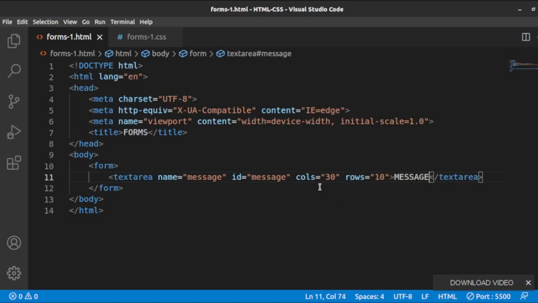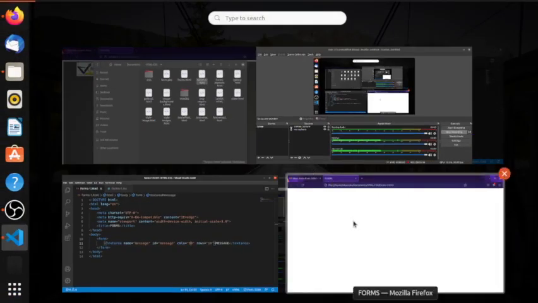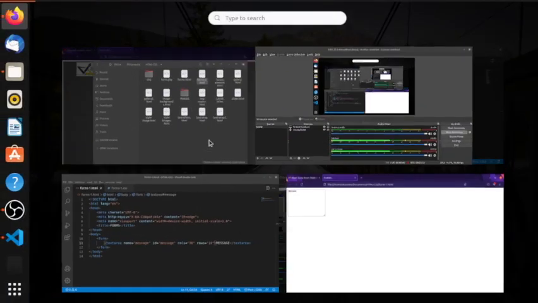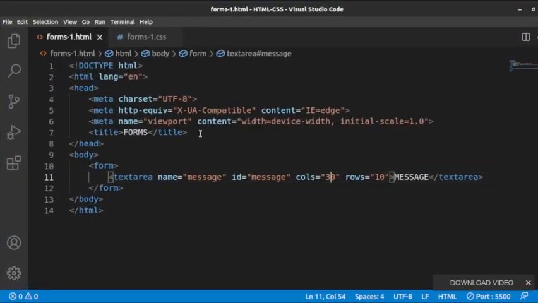So by default these are the columns. You could enlarge it if you want, but apart from that we would expect only this. So this is the normal format of a text area. We could begin, like I said,